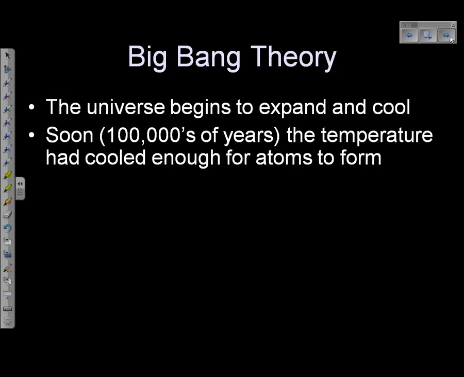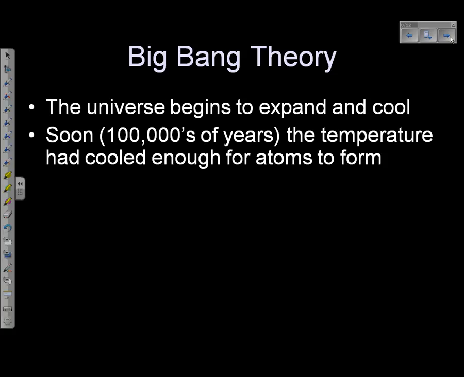So, everything was really hot at that instant before the explosion and directly after the explosion. But after the energy starts spreading out, the universe begins to expand. And as it expands, it cools down. And as it cools down, some of that energy now turns into matter. And then that matter begins to cool down and form into things like nuclei, protons, electrons.